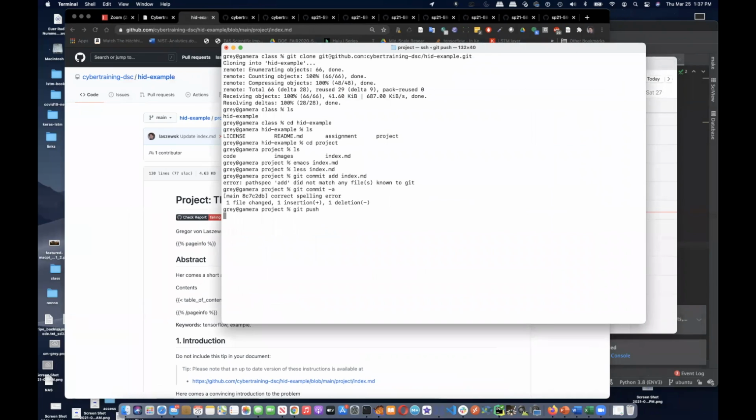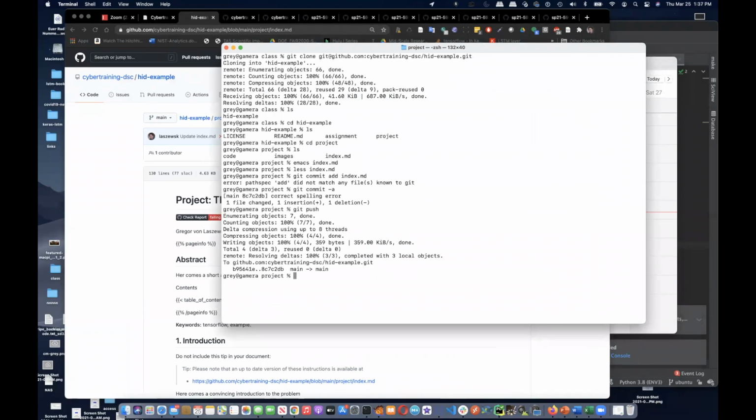And here, it will be pushing. Depending on if you have your key added to it, it will ask you for a password, and you have to use the passphrase that you have set up and type it in. In many cases, you have an SSH key. The SSH key is